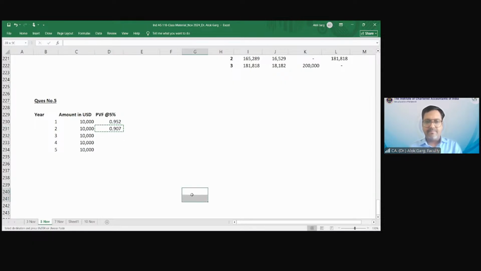Sir, first year will be 1, sir. We are paying at the end of the year, end of each year. So why will it be 1? If we are paying at the end of the year and we are doing the accounting on the commencement date, means today, sitting on today, we are paying after 1 year. If I am paying on the commencement date, then it should be 1. But I am paying in arrear, means on the commencement date, sitting on today, I know that I have to pay after 1 year, after 2 years, after 3 years, after 4 years. Got it, sir.